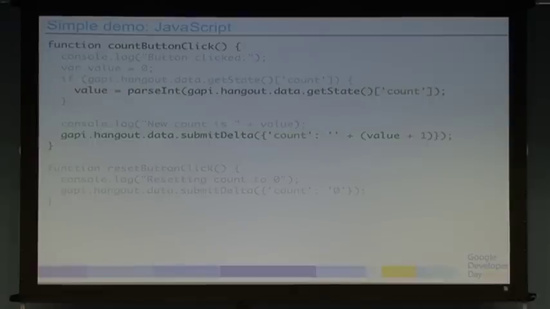The first method, or the first call that I highlighted, gappy.hangout.data.getState. And what the getState method does is it gets the state. So that's calling the shared state server and saying, give me any piece of data you have. Give me all of it. And this is a sort of initialization call. And if you saw, it said probably 0. So it's 0, right? There's no data yet. And then the next one is submit delta. So what submitting delta does, we have this blob that we can store JSON objects to.